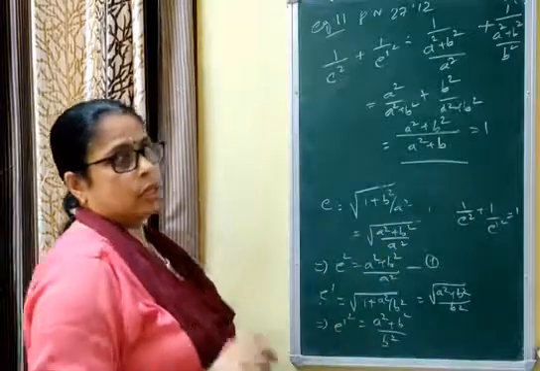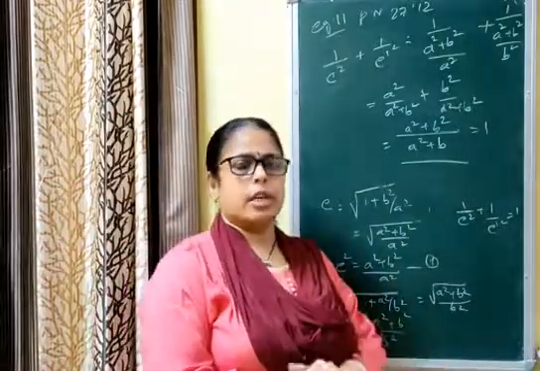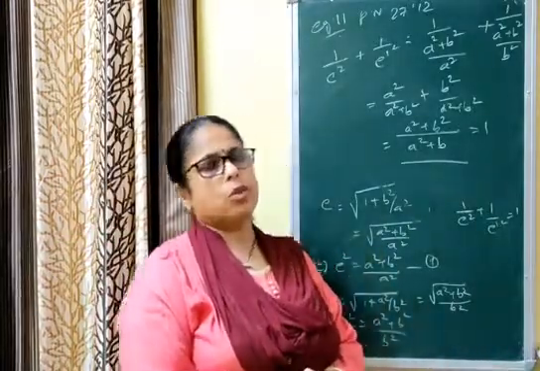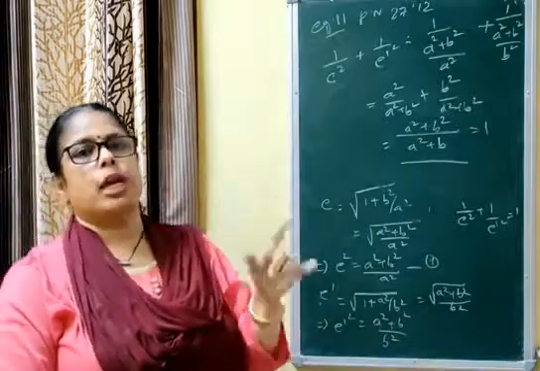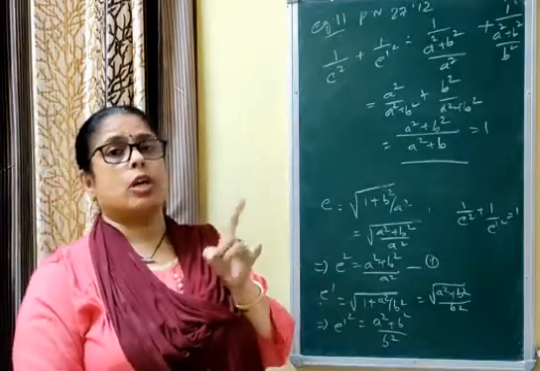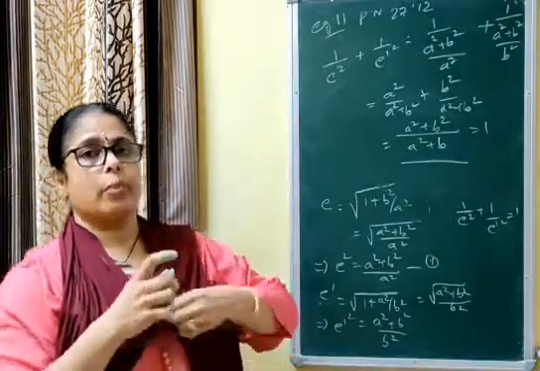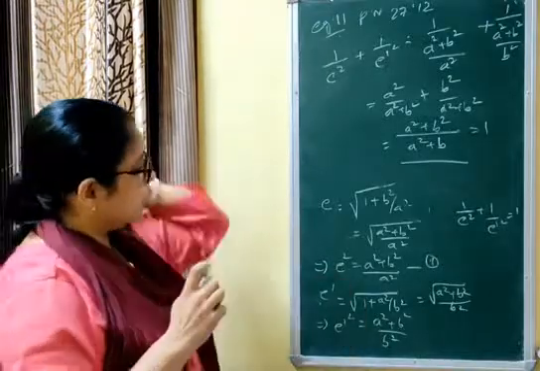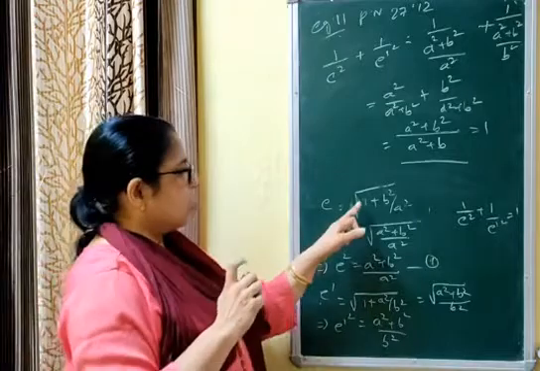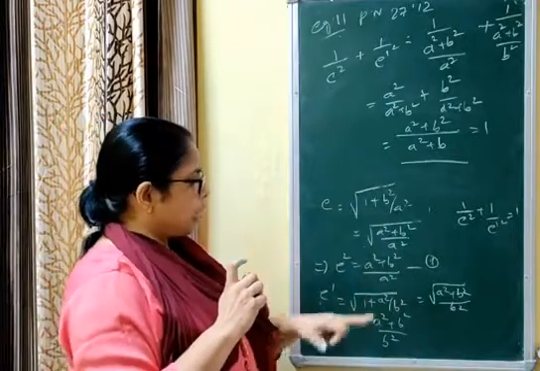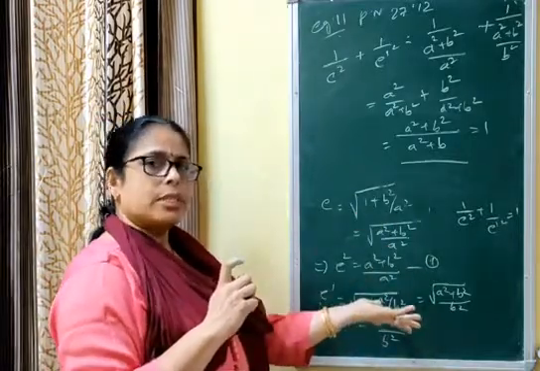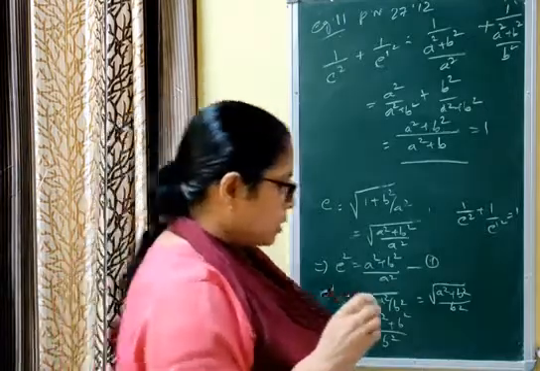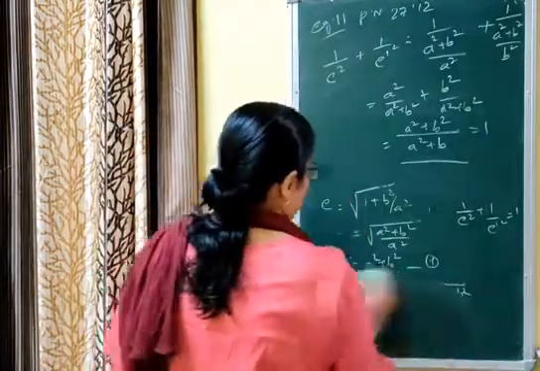That means if the given hyperbola is x square by a square minus y square by b square equal to 1, then its conjugate hyperbola is x square by a square minus y square by b square equal to -1. Then the formulas for finding the eccentricity are: first one root of 1 plus b square by a square, and the other root of 1 plus a square by b square. This much is the questions related to hyperbola.